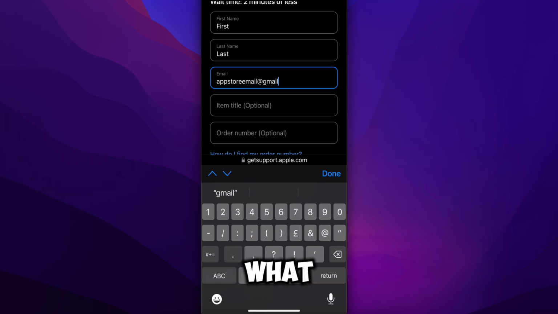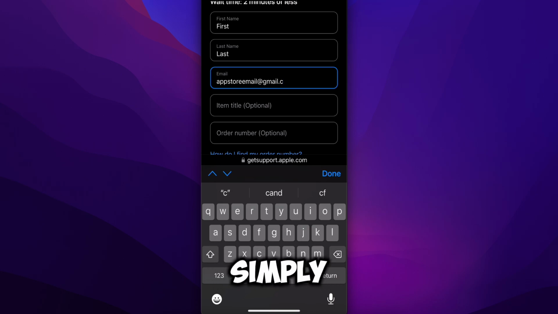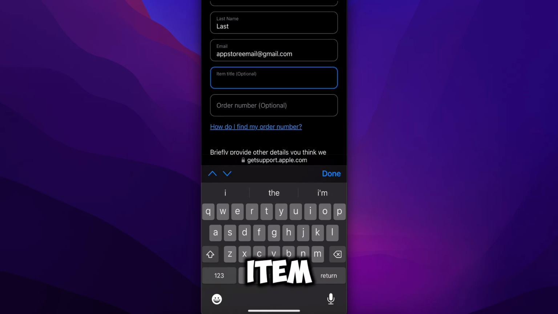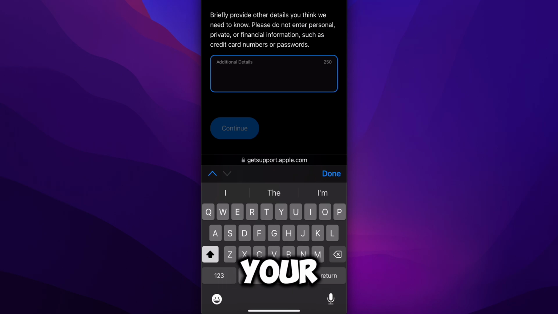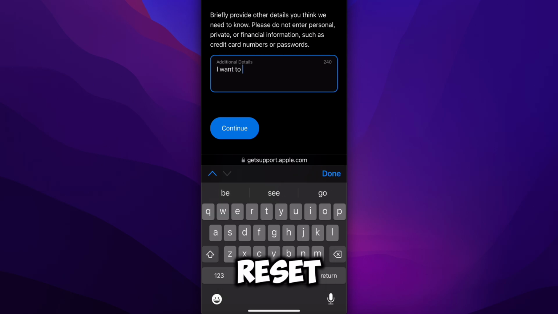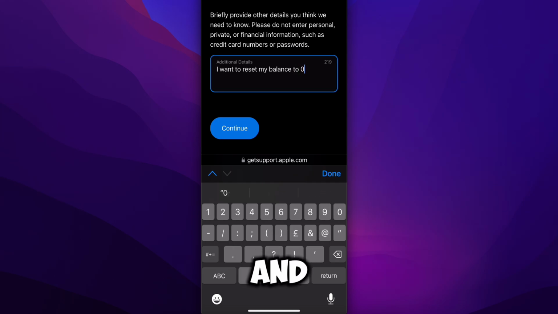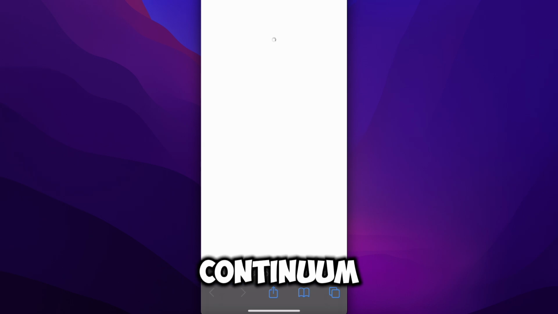And then basically what you're gonna have to do next is simply enter the item title. So this you can leave it optional. And then here you're gonna have to simply say that you want to reset your balance to $0. So you can type in I want to reset my balance to $0. And then what you're gonna have to do next is simply tap on continue, and then you're gonna